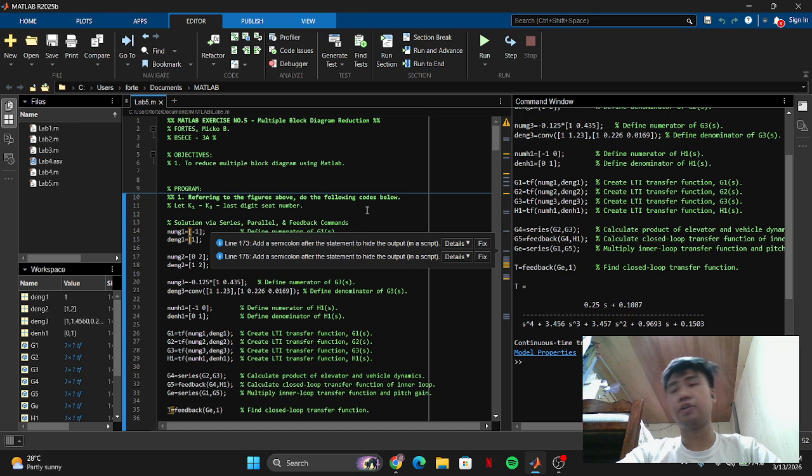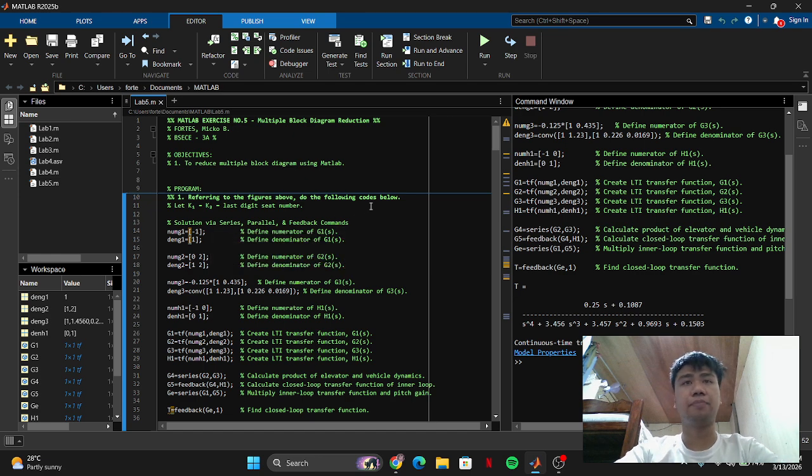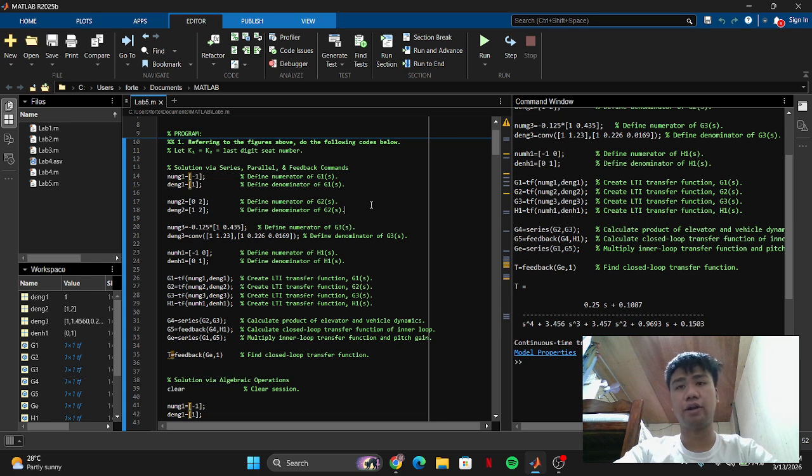For this laboratory exercise, I used MATLAB to simplify block diagrams and analyze the closed loop characteristics of a control system. And this activity is also divided by two. On the first part, the block diagram reduction using three different MATLAB methods, while the second part focuses on getting the time domain characteristic of the resulting system.